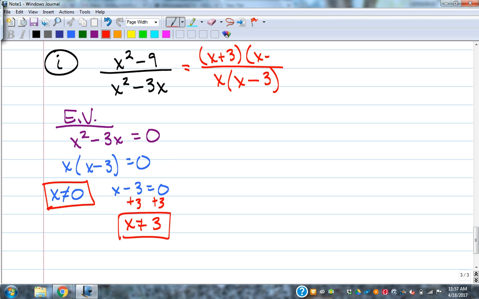Good job. X plus 3 times x minus 3. Then what cancels? Yeah, that matching factor, the x minus 3's. Leaving you x plus 3 over x. Factoring, factoring, factoring. What you have to be able to do here. All right. Let's look at